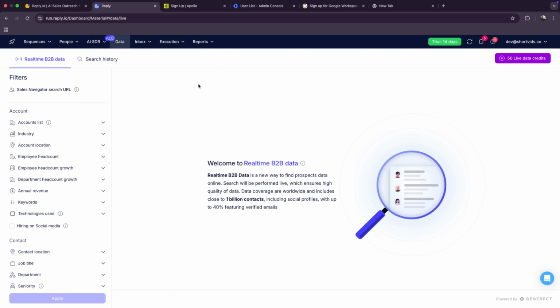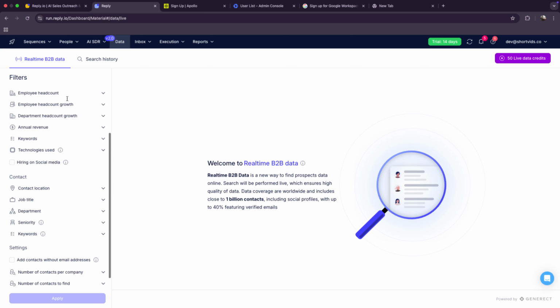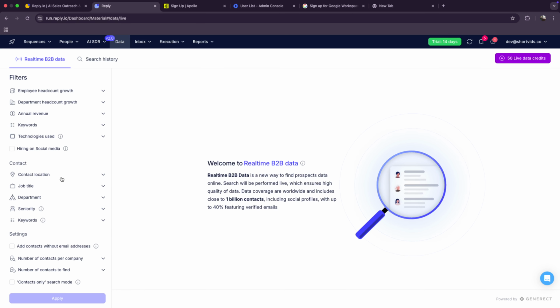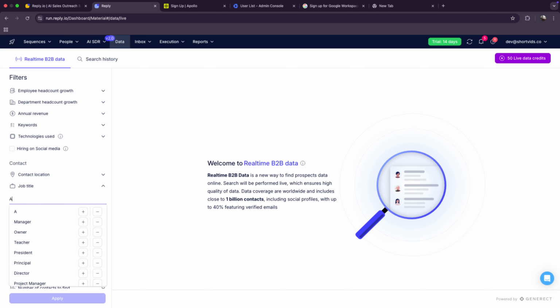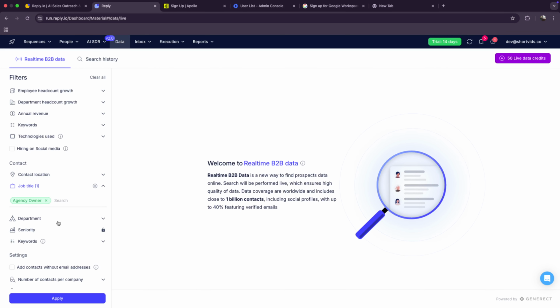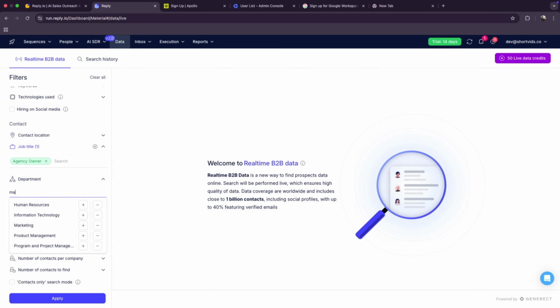So now all I need to do is find email addresses. There are two ways to find email addresses. If I click on the data, I can find real email addresses. I'll use reply.io, and I'll also show you how you could use Boomerang and Apollo to find data. First of all, my target audience is, let's say, other agency owners. So I'll write here agency owners. Their job title is agency owners.